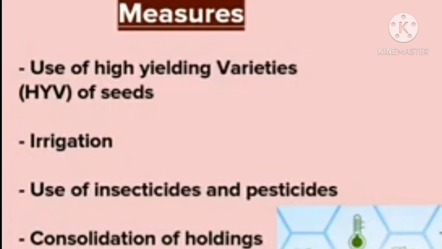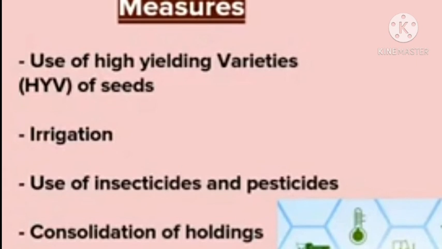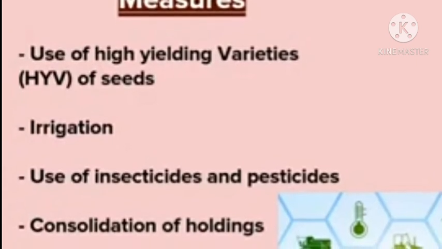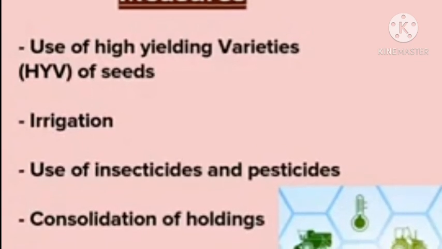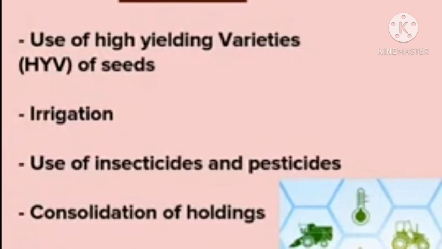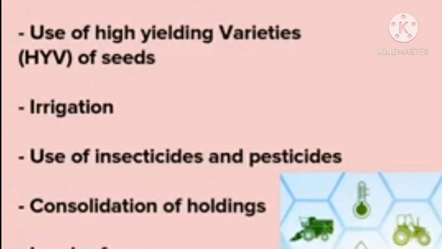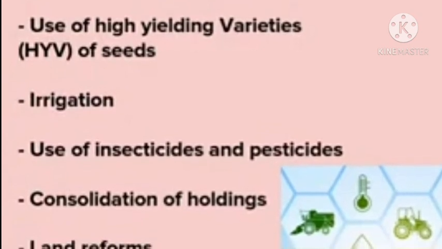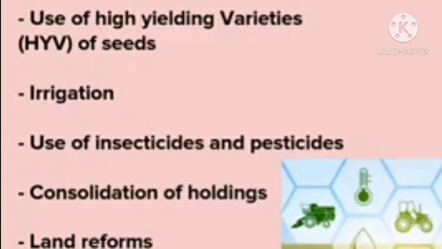First of all, it starts with the use of high yielding varieties of seeds, HYV seeds. With a minimum number of seeds, we will be able to get maximum productivity from each individual crop. And a number of multi-purpose dams were set up to increase the availability of water for irrigation, and at the same time it increased the availability of power supply all over India. Then only farmers will be able to use this power for taking water from the wells and all.